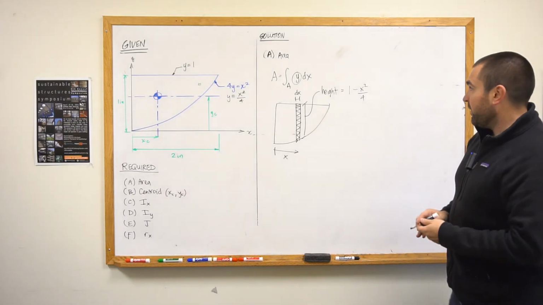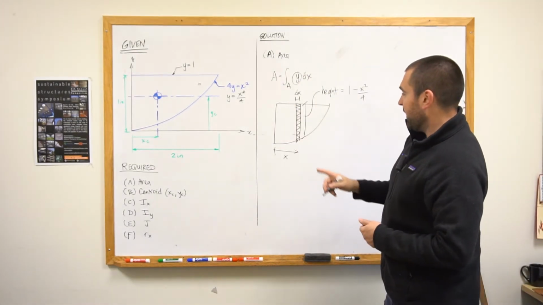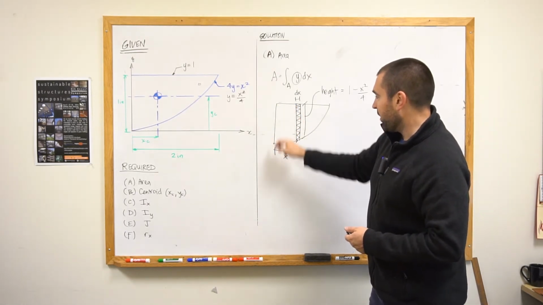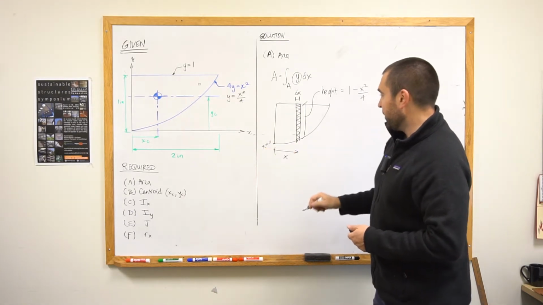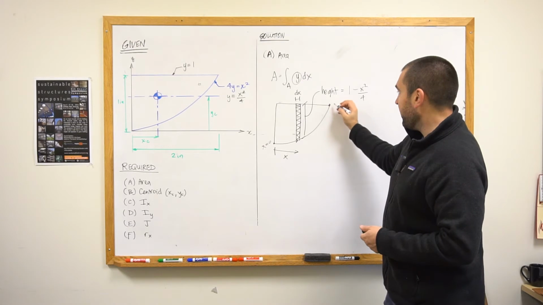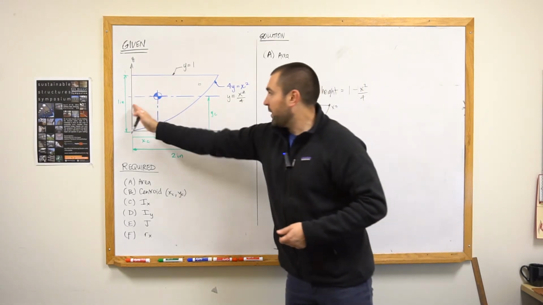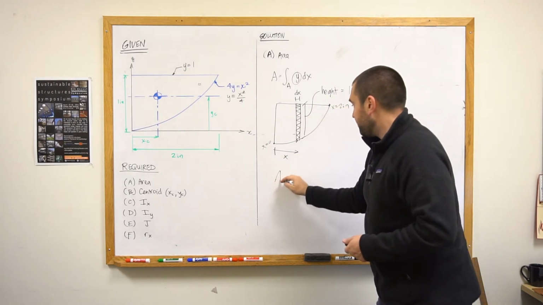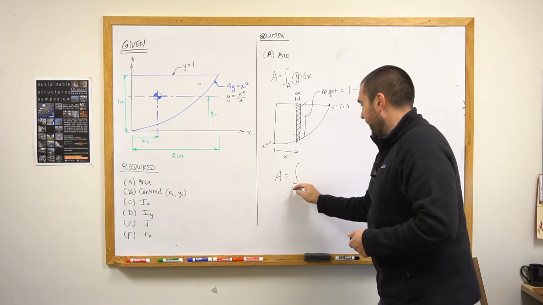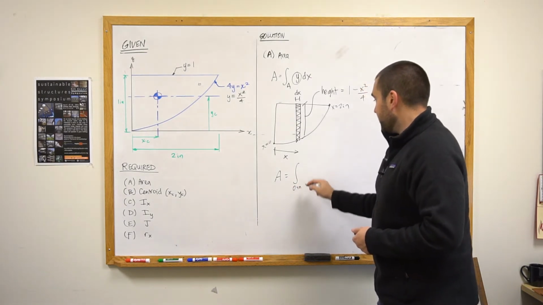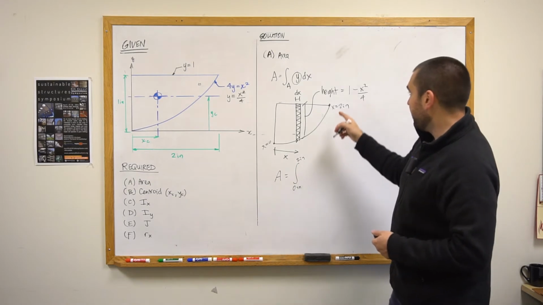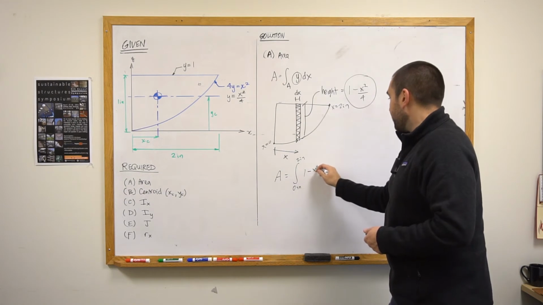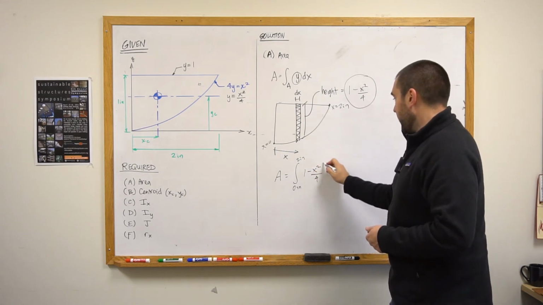Now we have everything that we need to be able to integrate this. The lower and the upper bound will be a little bit tricky as well. Here at the far left side we have x is equal to 0. At the far right side, at the end of our area, we have x is equal to 2 inches. So we're really talking about x from 0 inches to 2 inches of y, and we calculated that as this 1 minus x squared over 4